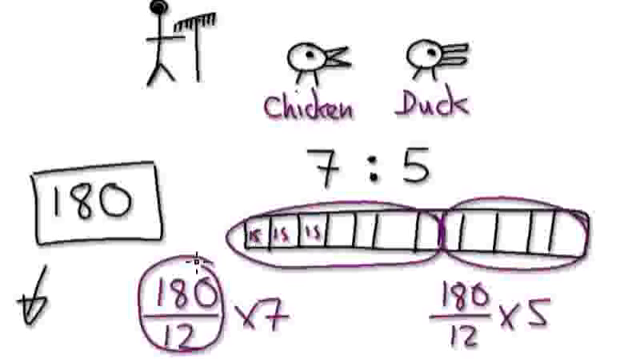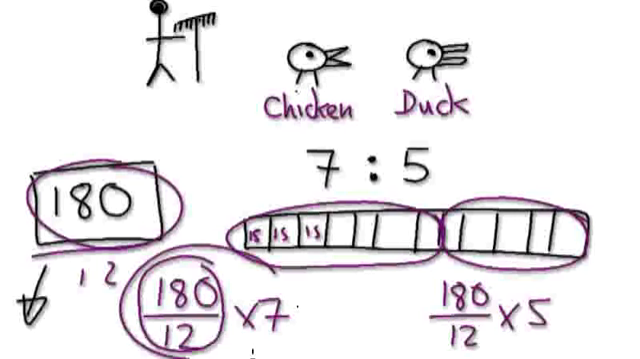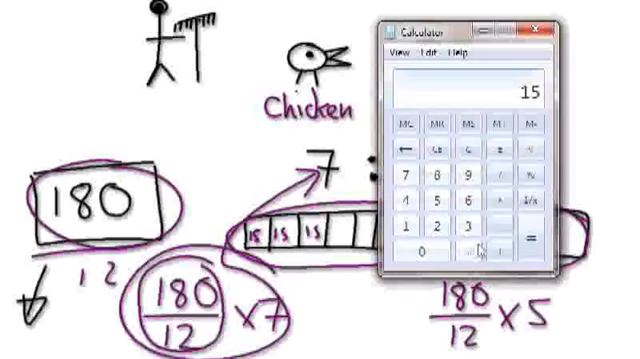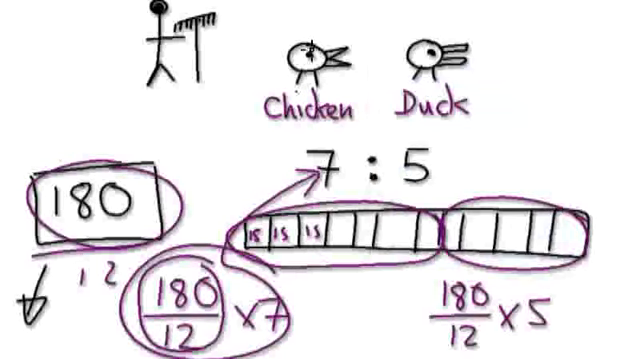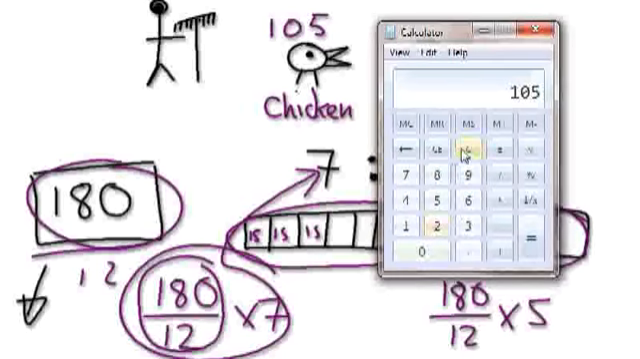So if you want to know the number of chickens, basically get your whole amount, cut it into 12 equal pieces, and then times 7. Okay, that will give you the number of chickens here. So hang on, let me just quickly do it. 180 divided by 12 equals that, times 7 equals this. So there will be 105 chickens, and if you want to know the number of ducks, get your whole amount,